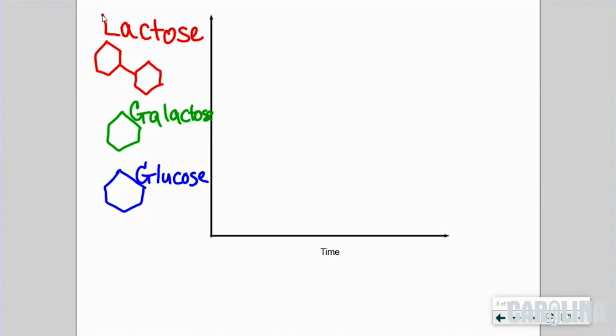When we started the experiment, was the concentration of lactose in the milk high or was it low? If you said high, you'd be correct. But did it stay high? No, it decreased over time. Now, how did you know that the concentration of lactose decreased? Well,